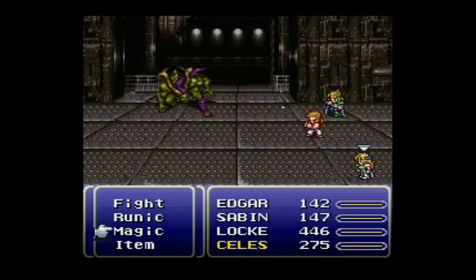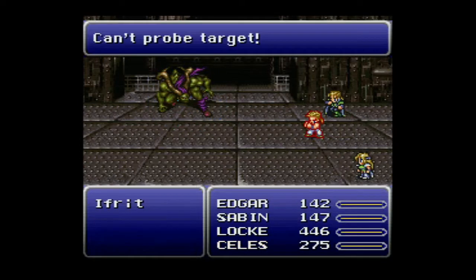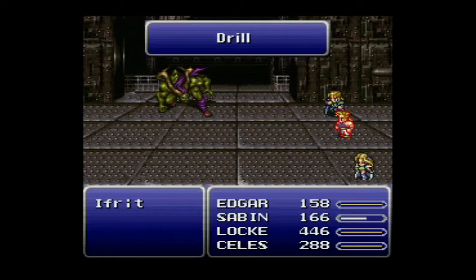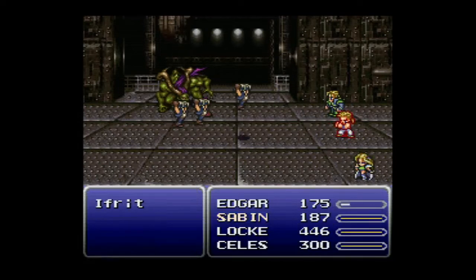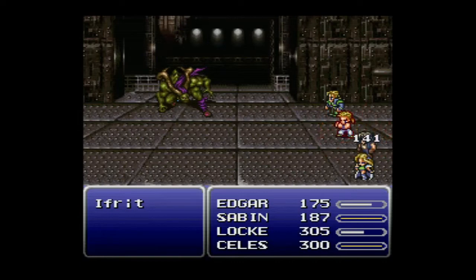So right now we're demonstrating the scan technique. Scan, back in the day before the days of the internet, was useful because you could see exactly how much health they had, what level they were, what weaknesses they had. Nowadays you can just go on the internet and figure all that stuff out. So here we have Ifrit, and he's going to take a certain amount of damage, and he's going to do something interesting and unique. He's going to disappear, and what the...